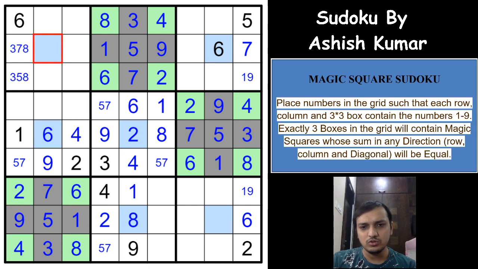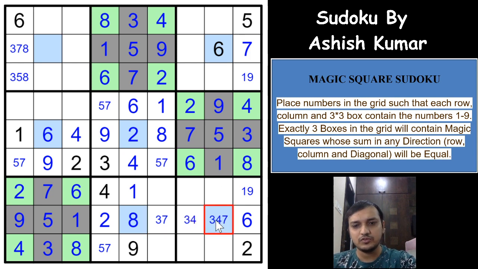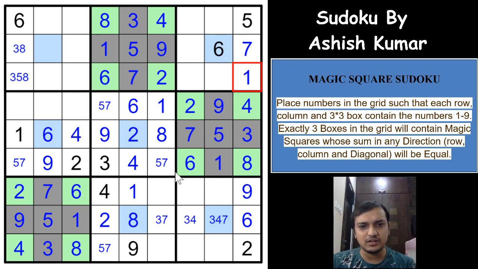Let's see this row. We have 6 digits filled, so 3, 4, 7 are remaining, right? A 4 is here, so it has to be 3 and 7. A 7 is here, which means it has to be 3 and 4, and you will have a 3, 4, 7 here. Same way, because of the 7 we can eliminate a 7 from here, we get an 8, 3 possibility. And because of the 1 here, we can directly 9 here, a 1 here, and we have only 3 digits remaining, that are 3, 5 and 8, right? So 8 cannot be here, which means it has to be 3, 5.